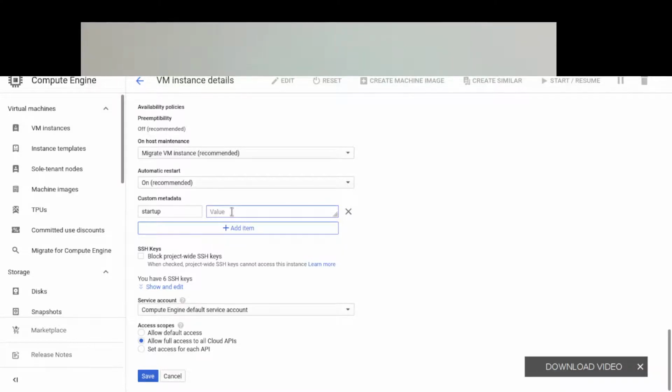So I needed to clear the content of the configuration file that was blocking me from accessing my box. Whatever you enter here in the value is the exact command that you want to run.